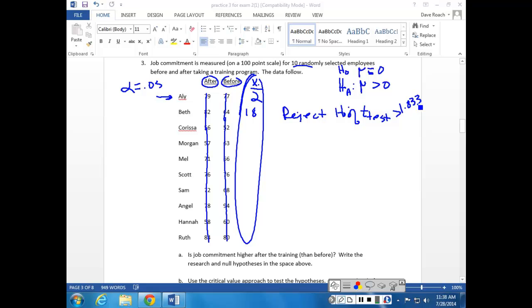So do this over here. I had my after scores and my before scores, and I had these in list 1 on my calculator, and then these in list 2 on my calculator. Go to the top